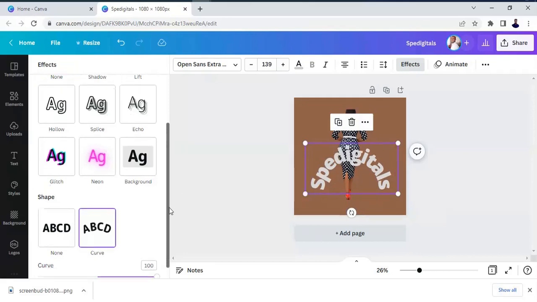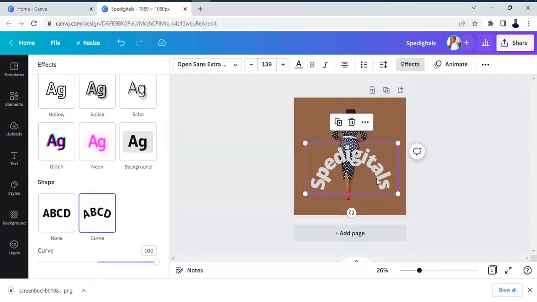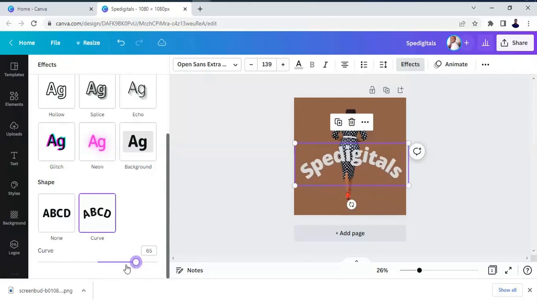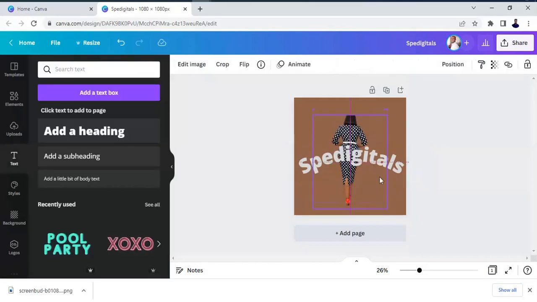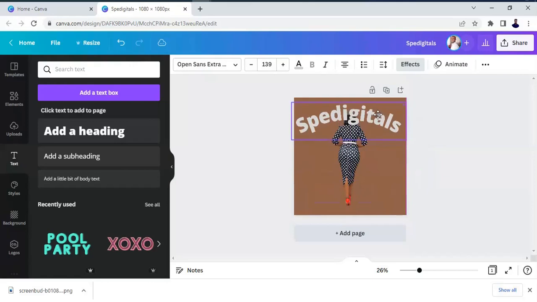So let's go down. Let me show you. If you want to take this curve upward, just scroll down and watch this arrow. Just watch the text that is going back up. Okay. You can now use it like this instead of the way it was before. You can use it like this. Now, if I want it like this,